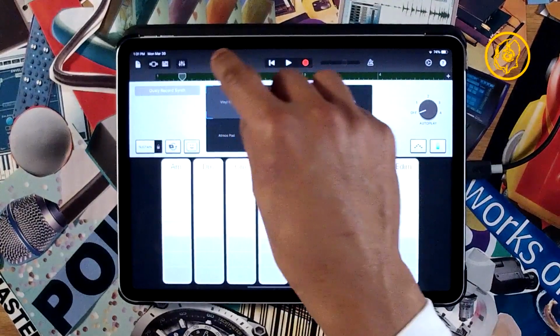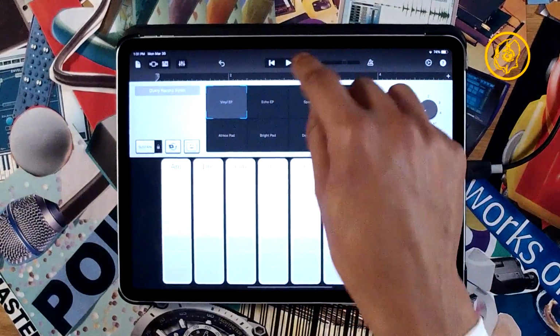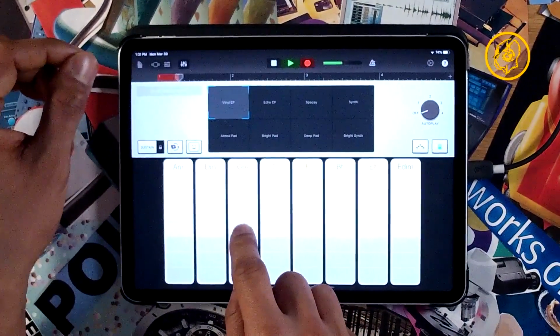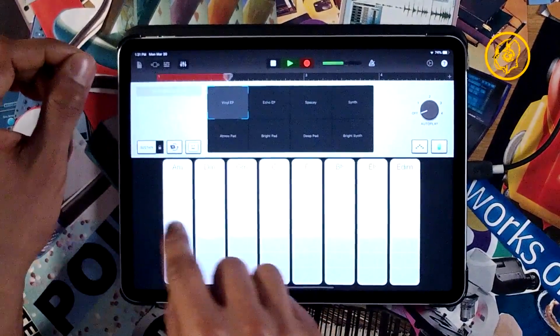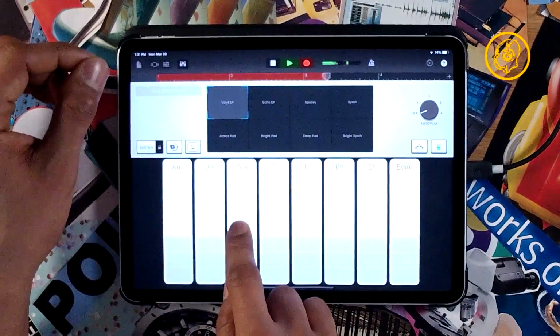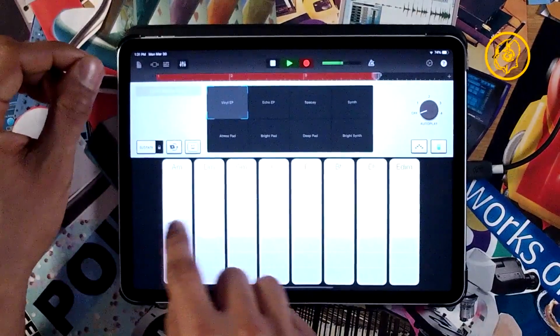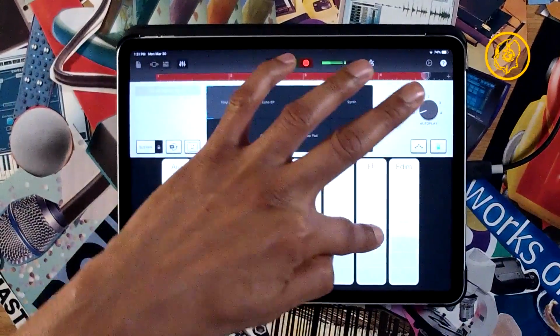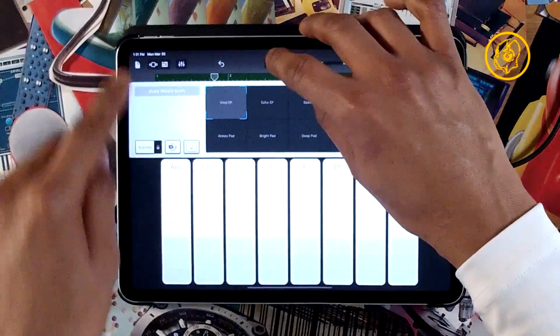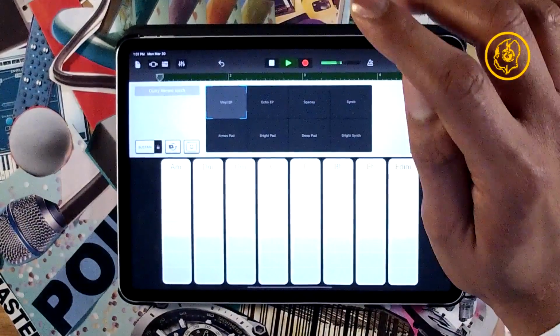Remember, undo is our best friend. 1 and 2 and 3 and 4, we go. Again, G minor, D minor, A minor. Now watch, it'll be there when I play it again.